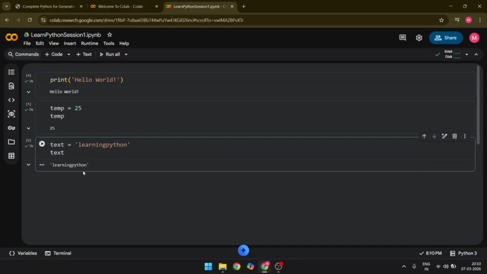See here, learning Python is coming here. Now, suppose what else we want to do. If you use the print statement, this learning Python will come without any single quotes. Okay. Now, suppose what else we want to do. We want to have that particular